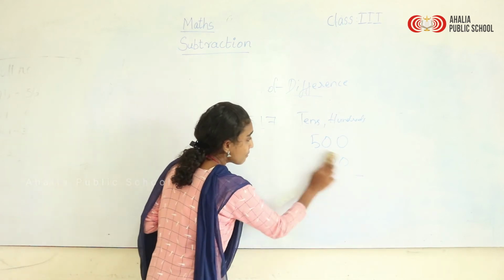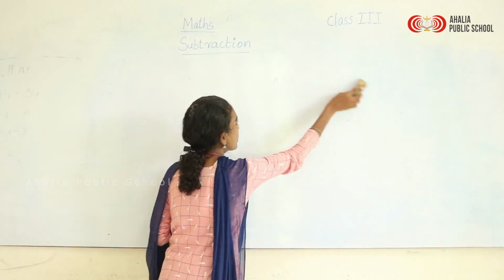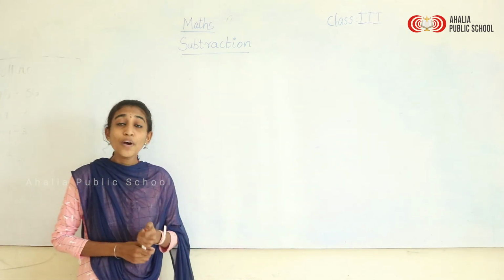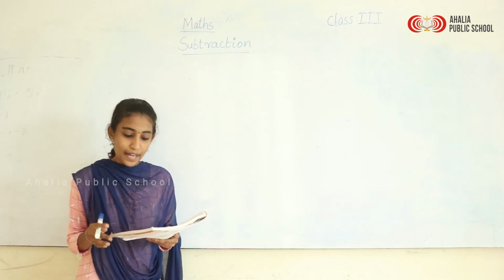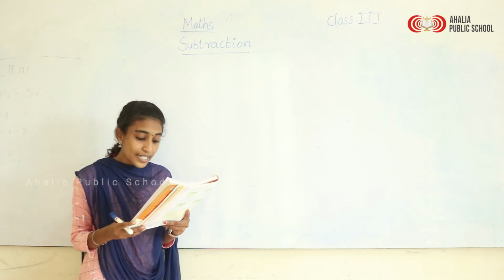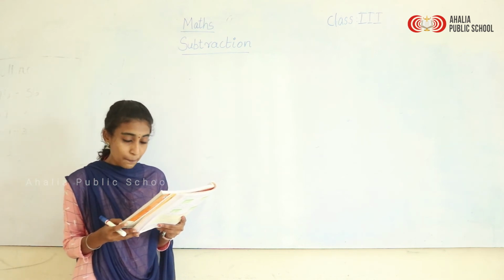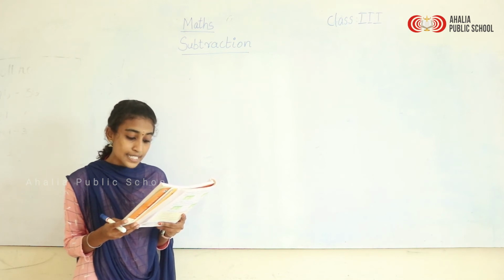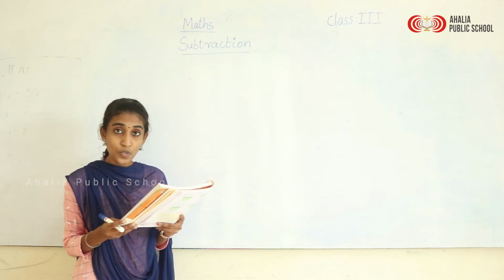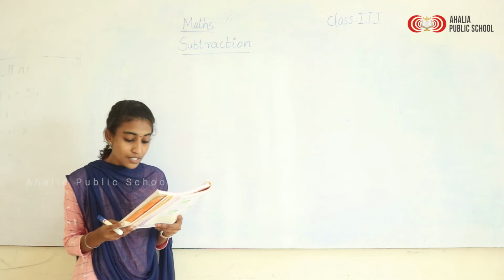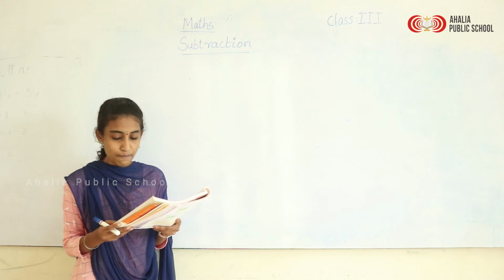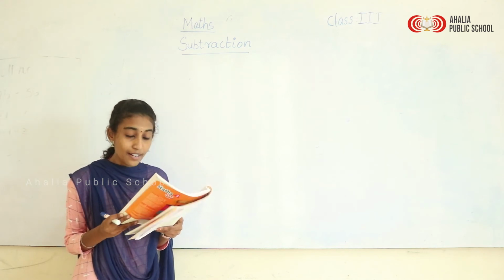In the last chapter we learned similar types of problems, that is the story sums. Story sums means a question will be given and you have to answer it in a step-by-step manner. So have a look at page number 51 in your textbook, children, and read along with me. Example number 12. A shop has 2,673 chocolate bars and 1,346 bars were sold. How many chocolate bars are left in the shop?